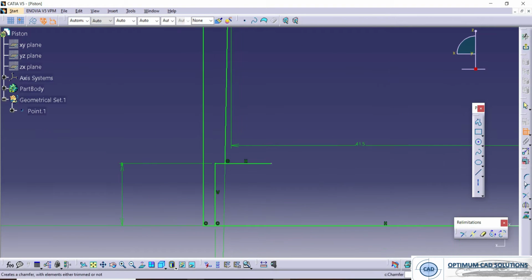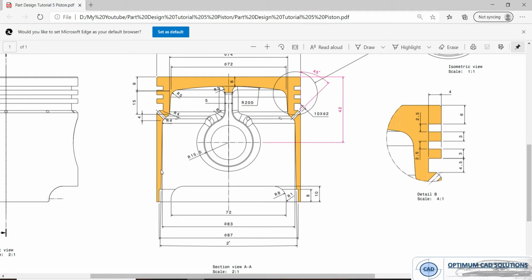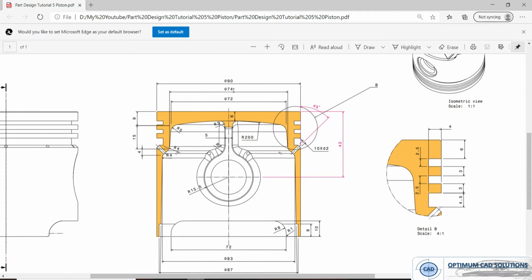Here we'll join this. Now we have completed up to this section. Now let's draw this uppermost part. First of all, the bigger diameter is 74 and the smaller diameter in this area is 72. Upward side it is 9 mm from the top surface and after that 15 mm.